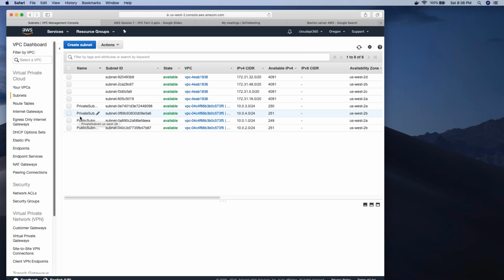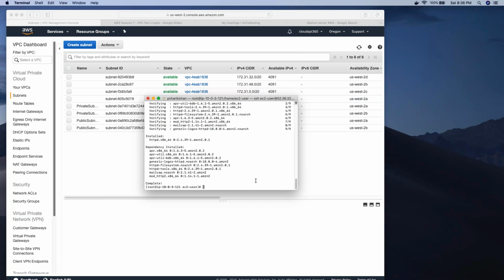But once you have placed the servers here and you put them into production, sometimes there may be some problems where you will have to debug, or get access to the application logs or database server logs, and you want to troubleshoot something. In that case, you need access to these private servers. So how can we get that access? One way is that we log into our public EC2 instance, which is in the public subnet, and then